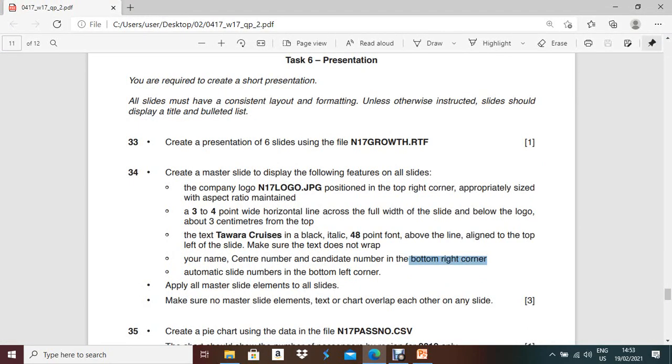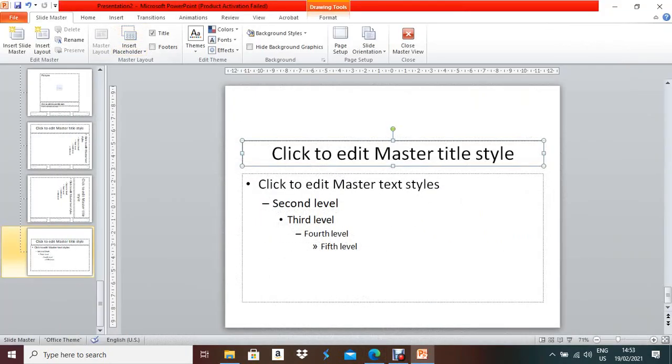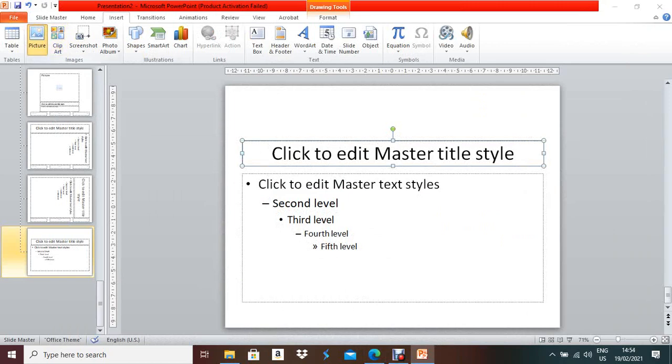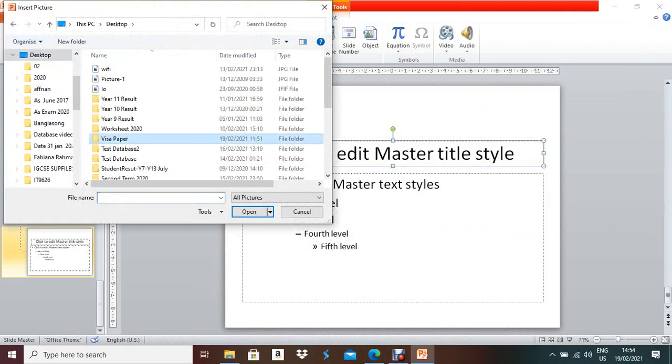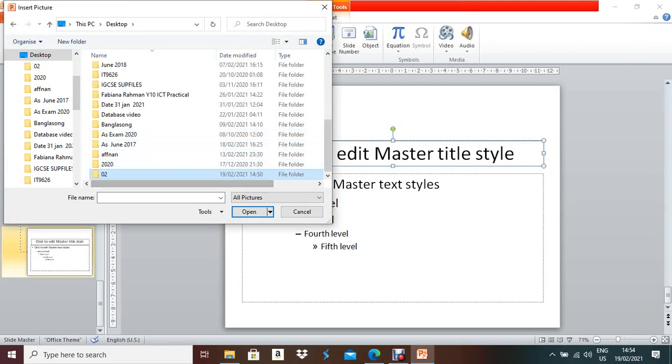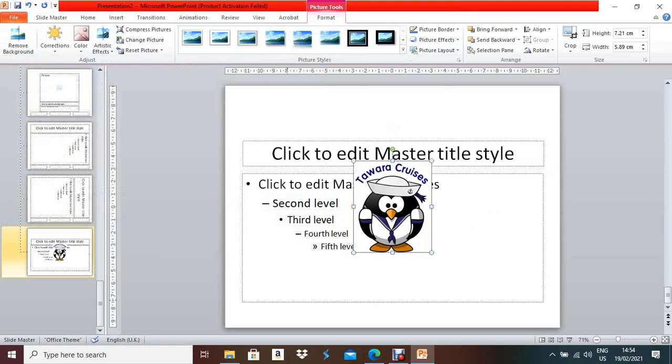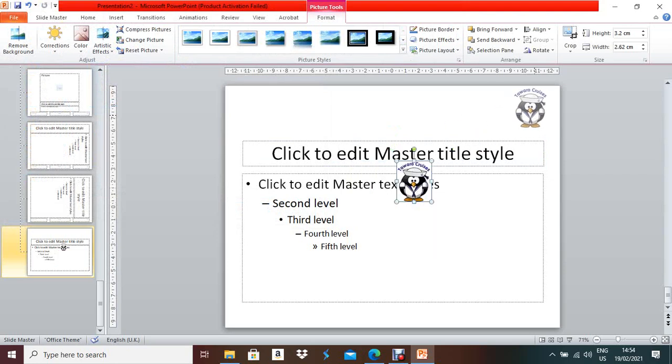The company logo, n17logo. So first go to the Insert menu, Picture, Desktop 02. This is the logo. Put it in the top right corner, make it small and keep it here. Okay, now next one.